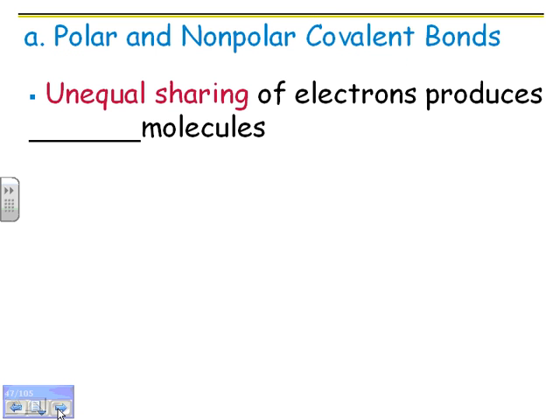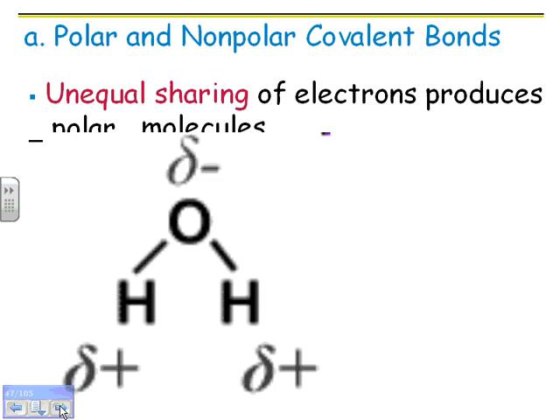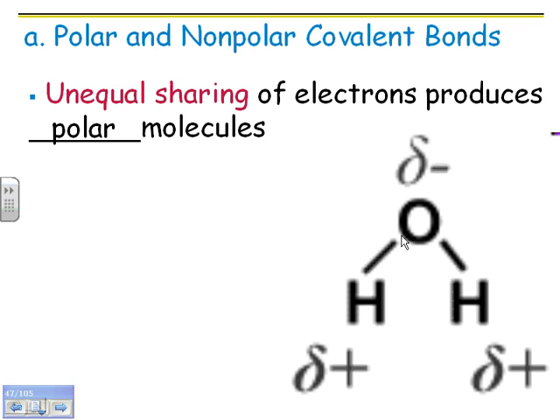So let's take a look at these. First, we're going to talk about polar bonds. Unequal sharing of electrons produces, so I said bonds, I meant polar molecules. So here's a polar molecule. Here's water, and water is bent. You don't need to know why it's bent, but you need to know that it's bent. And it's got a partial negative charge here and a partial positive charge here, and I'm going to show you